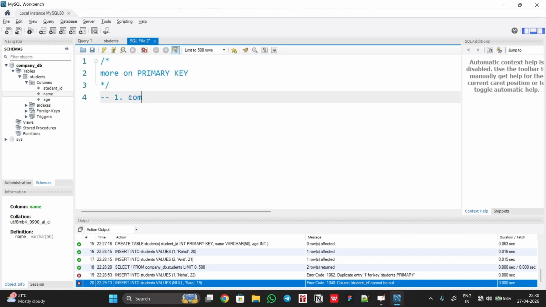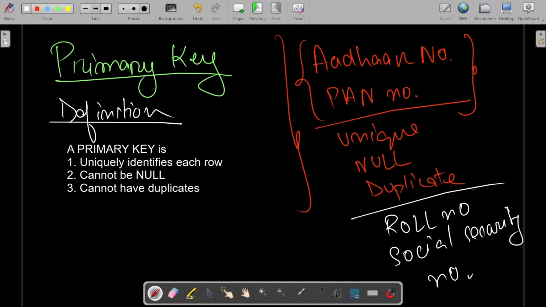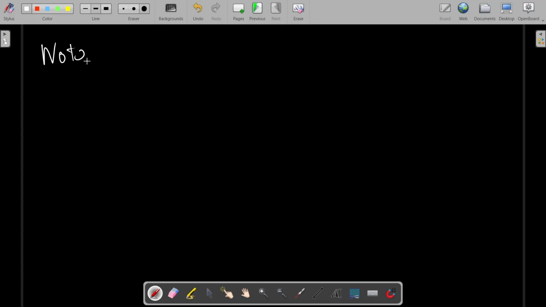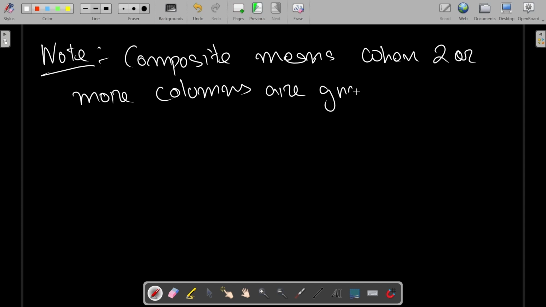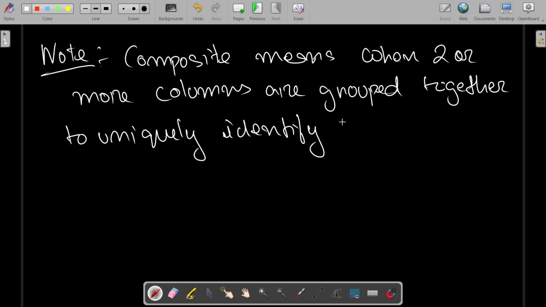So let's start by understanding composite PK. When I say PK, it's primary key. Okay. And what does composite mean? Composite means when two or more columns are grouped together to uniquely identify a data. Okay. So when you want to uniquely identify a particular row, a particular scenario, what you do,